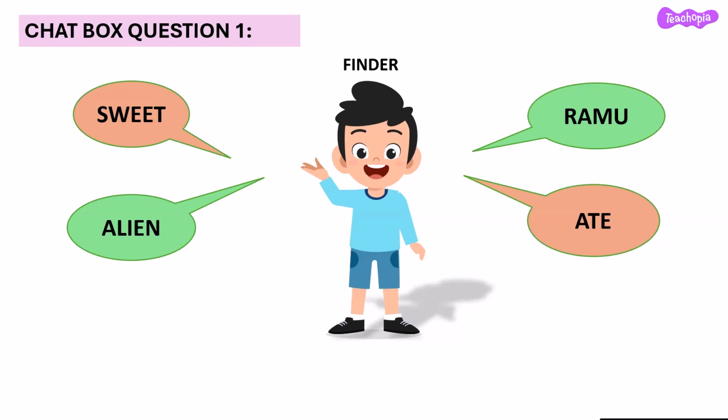Great. For the previous one, Vasanta Lakshmi ma'am is giving a sentence: one day hunter went to the forest. Yes, ma'am. Using the word hunter, we can do that. Similarly, can we frame some sentences using these 4 words seen on the presentation slide now? We can make use of sweet, alien, Ramu, ate. Any simple sentence, we can help the finder do that. So Vedavati ma'am is saying that Ramu ate sweet alien.